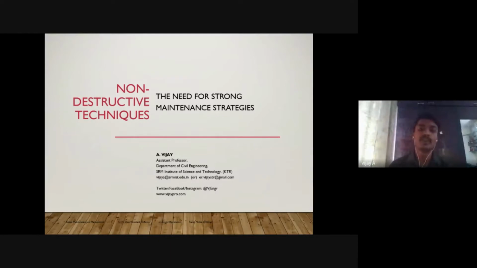So field knowledge is more important. This theoretical knowledge you should understand, and you should develop a sense of understanding where you should know in which situation this can be applied, what is the need of studying this particular topic, and how it is going to help me enhance my career or my structural engineering professionalism. Only if you feed such thoughts into yourself can you actually understand how to work it out.